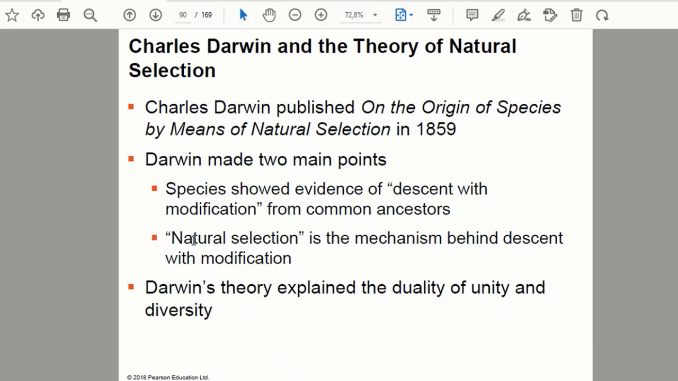This started being published or documented in 1859, where Darwin made 2 points: that species show evidence of descent with modification from common ancestry, which I think most of us concur with, that species came from a common ancestor. And the other one, which is that natural selection is the mechanism behind the descent with modification. So modification and natural selection is part of the law of use and disuse, that